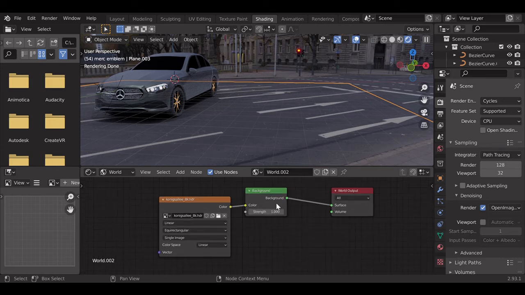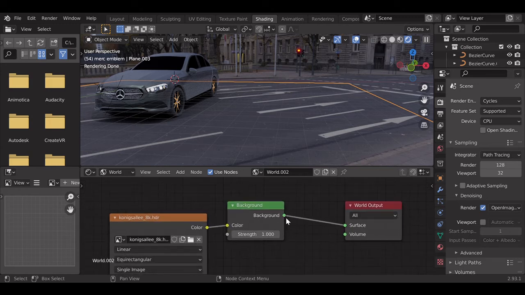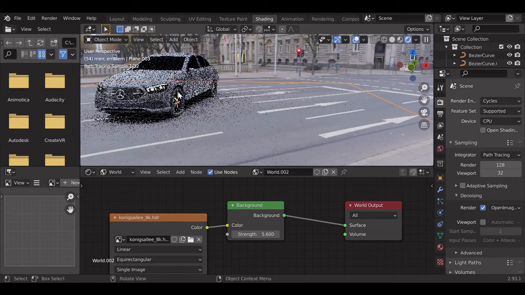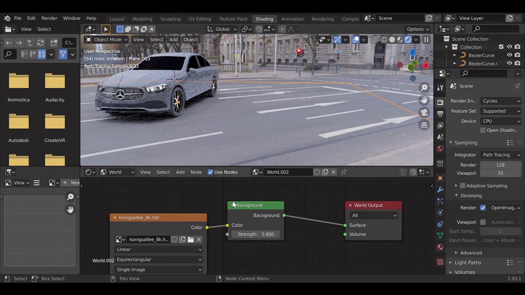The first thing that I'm going to talk about is the strength of the background. If you see this background node out here, you're going to see this option for strength. What the strength is going to do is increase or decrease the intensity of the HDRI that you have downloaded. If I go ahead and increase that to about 4 or 5, you're going to see that soon, once the lights are updated, the intensity of the light of the HDRI, or the intensity of the HDRI itself, is going to increase. That's what the strength is going to control. If you want to customize that for any reason, you could do that.